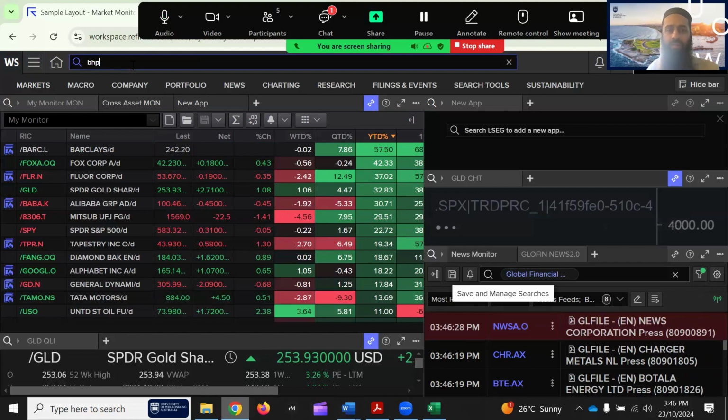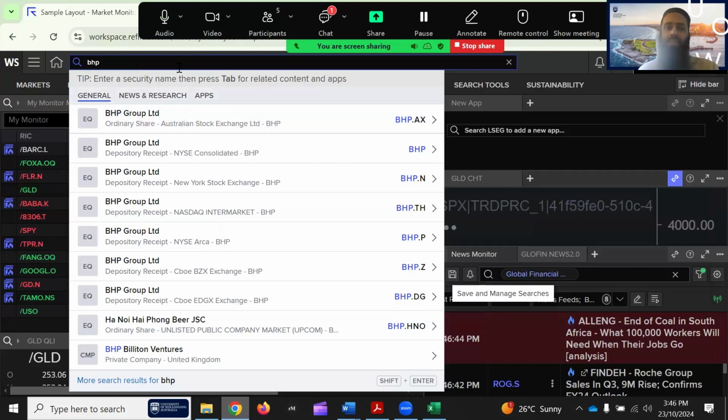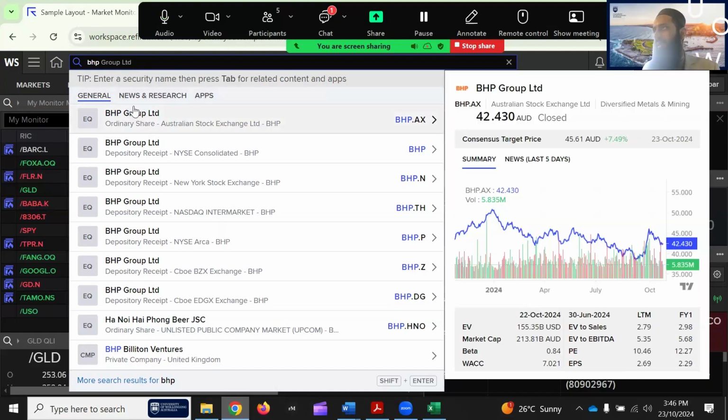So if I write BHP here, or any company, Apple or IBM or any company you are interested in, in Australia or overseas, you write its name, or part of it, and then instead of clicking enter, I know sometimes we are in a hurry, so we may enter and click OK, then the first one will be selected. But somehow BHP, the one that I'm interested in, is appearing here, BHP Group Limited, ordinary share, Australian Stock Exchange. So this is the one I'm interested in.